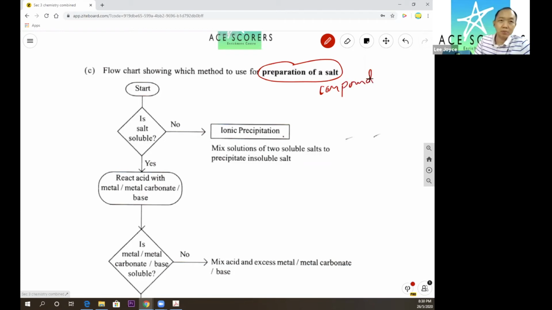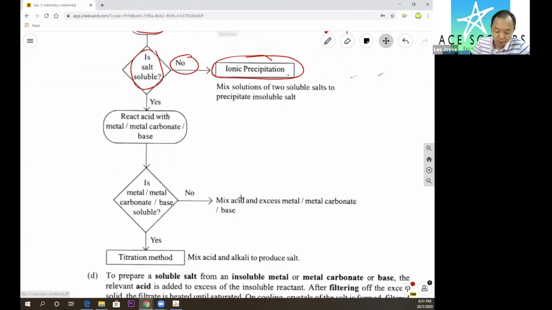Every time you want to prepare a compound, there are different steps to do. So it starts from here, and then you go to, is it soluble or insoluble? If it's insoluble, you use this method called precipitation. Okay, just remember this for now. Insoluble, use precipitation. And if it is soluble,